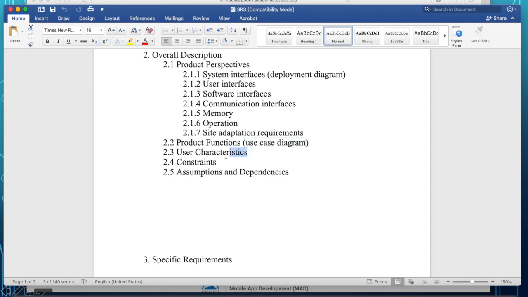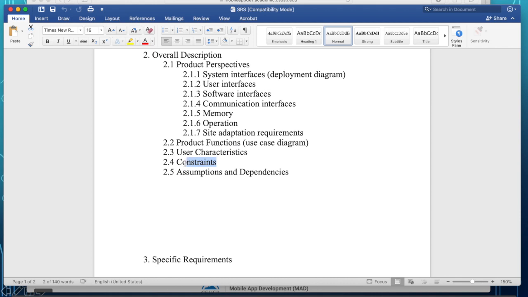The user characteristics are in the use case diagram. Remember, you have actors who are the users of this system. So define the characteristics of that use case. So for instance, if it is a student in computer science, then we will assume a certain computer ability or computer savvy of the users. But if it is a student, let us say, in liberal arts, then you may assume less computer savvy of the user. So you describe it here.